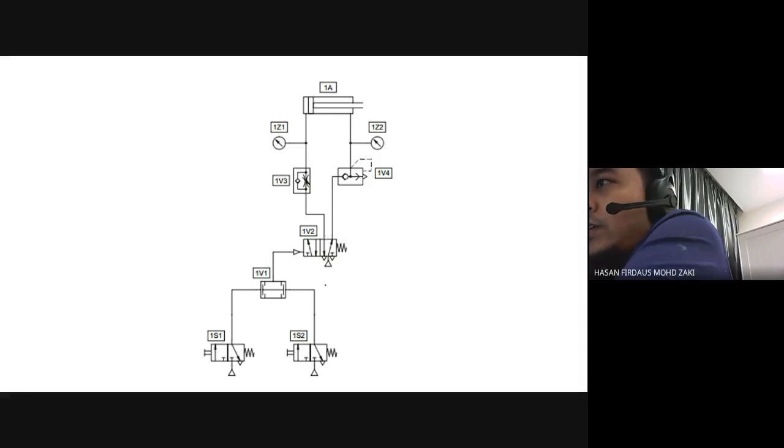In the initial position, we go through here, because this one is open, we go like normal. Then because this one is closed, you can control the speed of the retraction. Then go through here and go to the atmosphere. Otherwise,